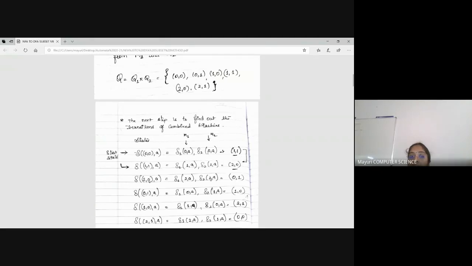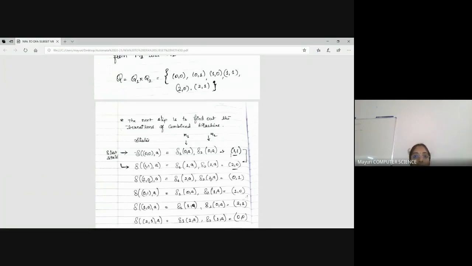So the first is the state in M1 and the second is the state in M2. The same way, now in the DFSM, I am freshly constructing a machine. So I had a transition from 0,0 to 1,1 on the input A. That is the meaning now. From the state 0,0 on the input A, I have gone to 1,1. Now my travel has to start from 1,1 onwards, because from the city 0,0 I have reached the city 1,1. So from 1,1 again I have to give the input.